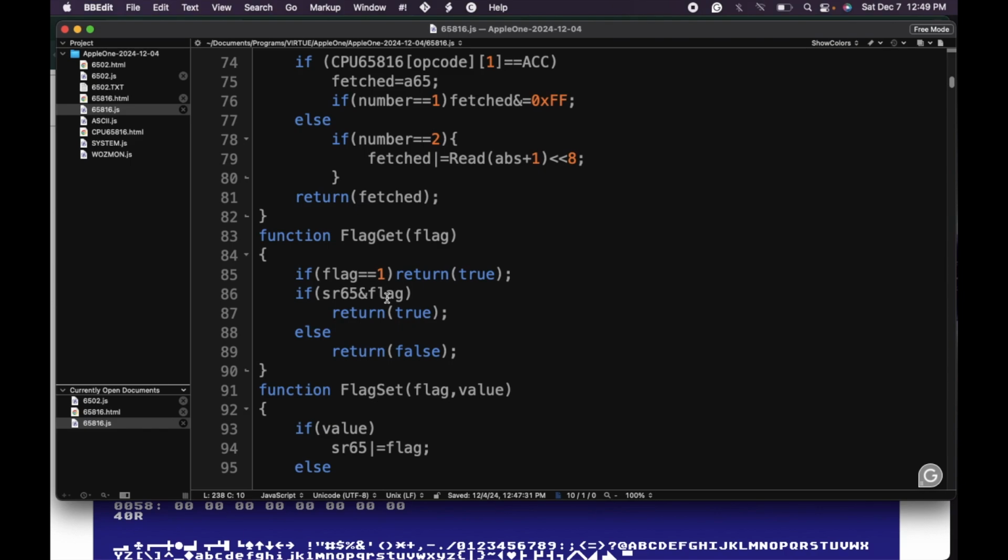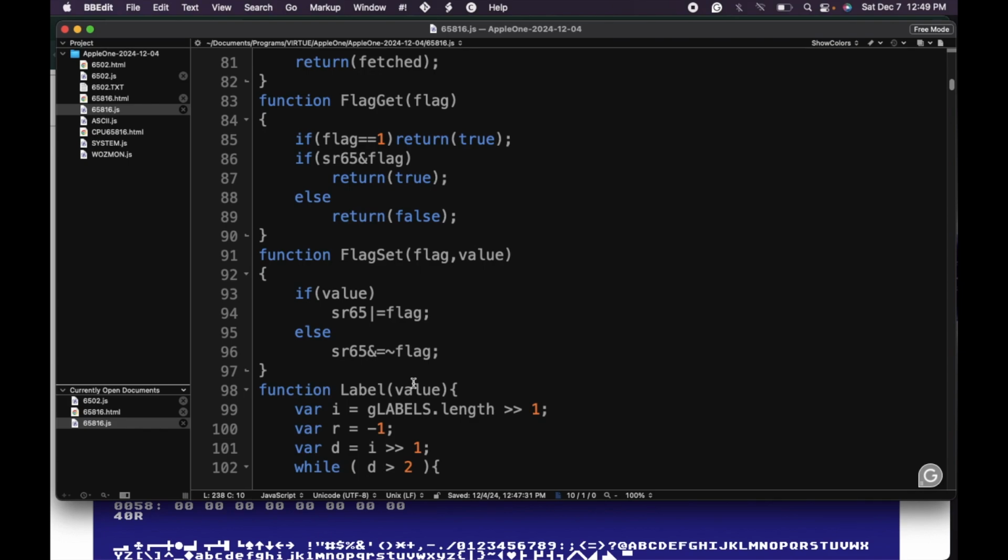So yeah, if this is 0, it's not true, and so it'll put out a false. So again, the flag 0 and flag 1 are literal, and otherwise it fetches the value of the flag at a specific bit position,